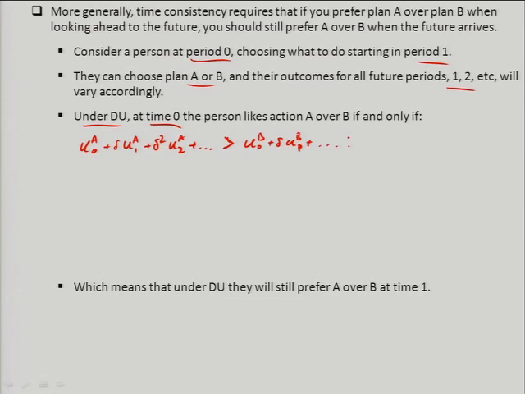And what you can do here is subtract, and since we're assuming that these two plans don't kick in until period 1, u0 is the same for either plan, right? So I should be able to just lop off the part that's the same in both plans, and then divide by delta on both sides. And what I'm going to wind up with is that u1a plus delta u2a plus dot dot dot should still be preferred to u1b plus delta u2b plus dot dot dot, right? So the first period, where the utilities are the same, I ought to be able to just cut that off, roll you forward one period, and how you feel about these two plans should stay the same. That's exactly what I did with the 105 versus 100.